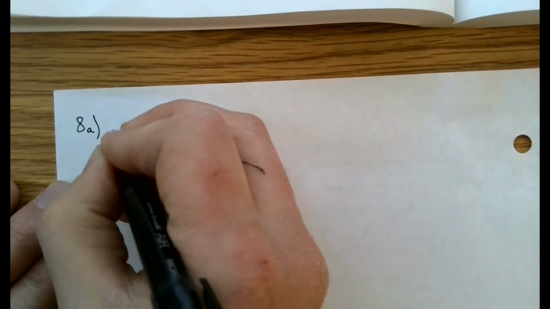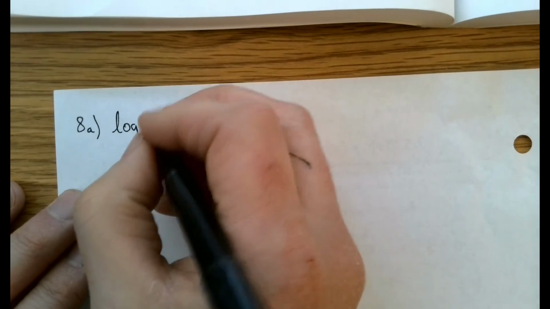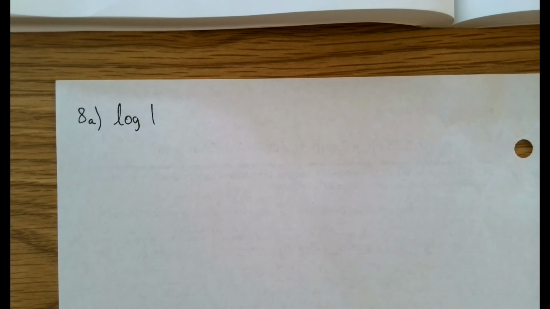I'm going to keep writing them on this blank sheet of paper. I think it's a little easier for me to keep track of them. So 8a says, what's log of 1? Now, this is tricky. Maybe it's not too tricky, but